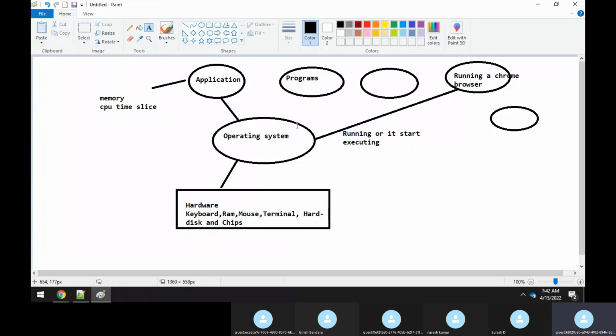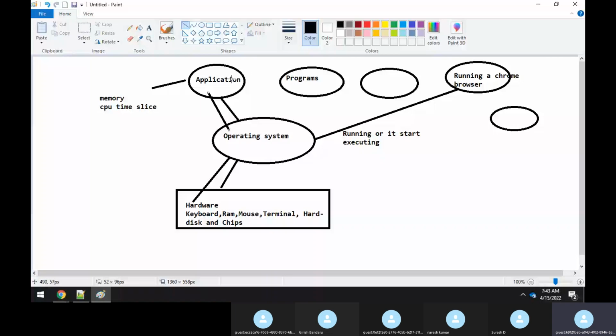So what does the operating system do? It will suffice the need. Okay, you need this much memory, this much CPU cycle, let me assign these resources to you. The operating system interacts with the hardware, or communicates with the hardware. It understands the requirement of the application, communicates with the hardware, and provides those resources to the application: take these resources. The operating system will create an environment so that this application will start running or executing. The creation of this application, the execution of this application, and whatever requirements each and every application has, the operating system will suffice the need. That is all the role of the operating system, guys.